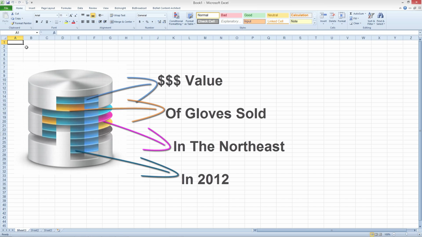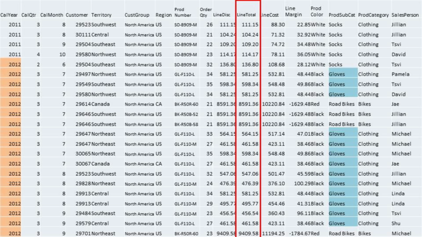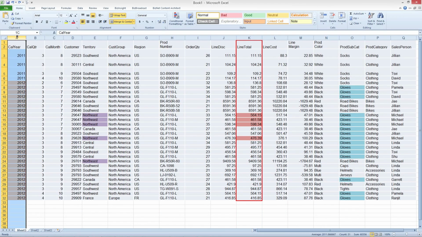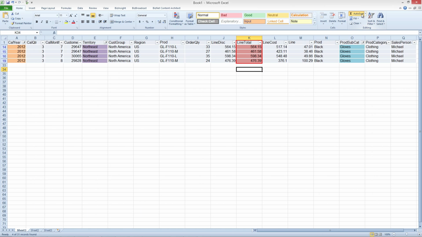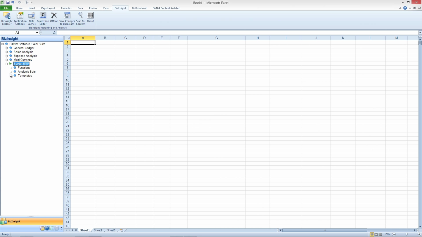But instead of starting with a database extract, then filtering by year, dollar value, product subcategory, territory, pulling only those transactions relating to gloves in the Northeast, and then cutting and pasting it into Excel, instead of that, wouldn't it be easier to filter those columns in Excel and derive the sum of $2,100.46? And wouldn't it be easier still to simply drag and drop a real-time analysis set report of transactions for